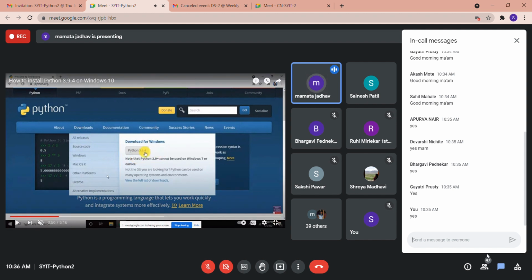Now this is the latest version 3.9.4. Now 3.9 plus versions cannot be used on Windows 7 or earlier. So you can view full list of downloads over here, and you can download the appropriate version according to your operating system.